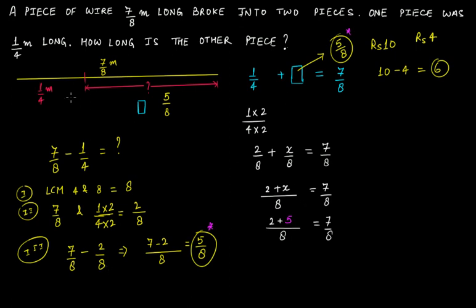Here we performed addition, like adding the two pieces should be equal to this one. And here I explained using an analogy: if you have 10 rupees and someone takes away 4 rupees, what are you left with? So if this is 7 over 8, and someone takes away 1 over 4, what are you left with? So these are the two ways to solve the